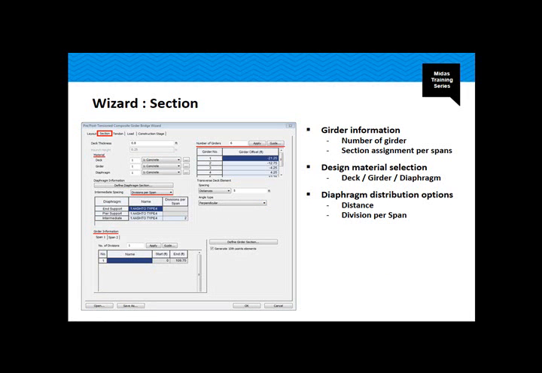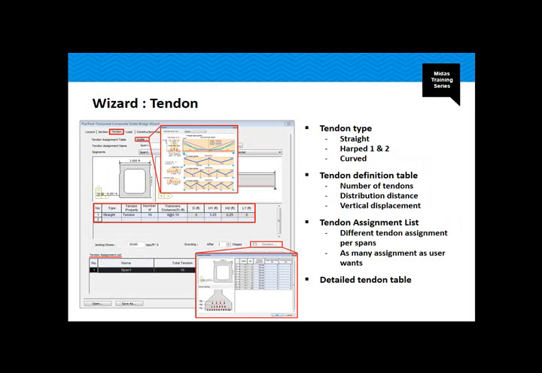Also the diaphragm distribution that we're gonna assign to the bridge. So from here we can jump into the tendon tab, which is one of the most important ones that we have implemented. Here you have different types of